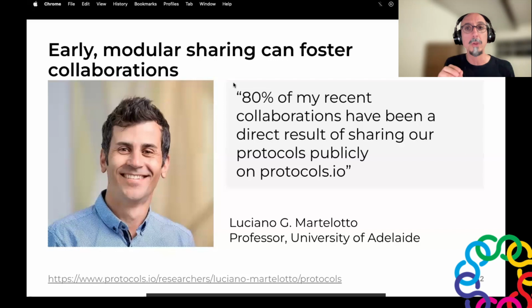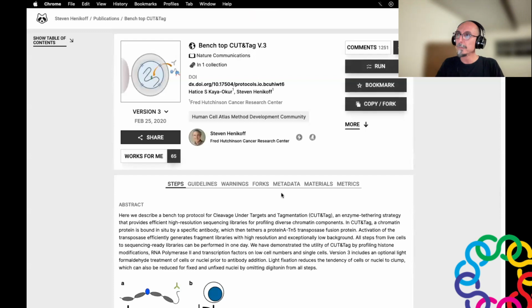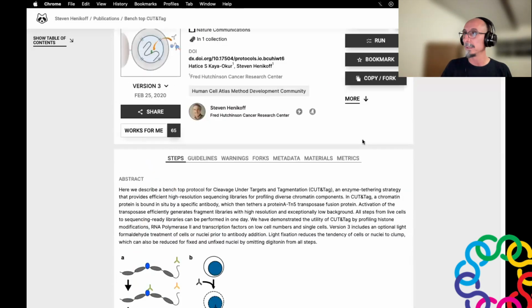And I would like to show you how the comment functionality that I briefly mentioned before of the platform allows an open, scholarly, and productive discussion between all parties interested in a particular protocol or method. So what you see here is a very popular protocol that has received over 1,200 comments.